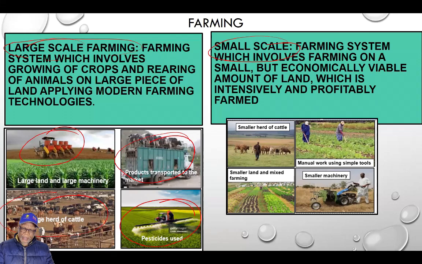This is the type of farming that is responsible for food security at both a national and a local scale. But when you're looking at this one, it's small scale farming, which means farming is done over a small area. And this one is only responsible for food security on a local scale,